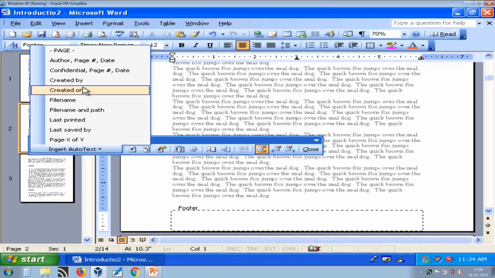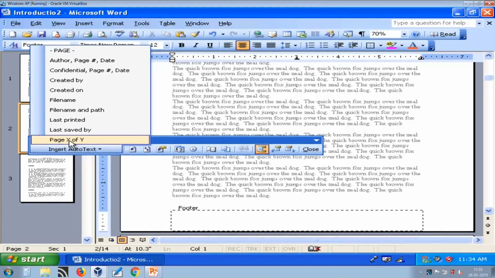Created on will show you the date on which the file is created. Here you can display file name. This field inserts file name and its entire path, and these will show you last printed and last saved by, but the field we use more frequently is page X of Y.